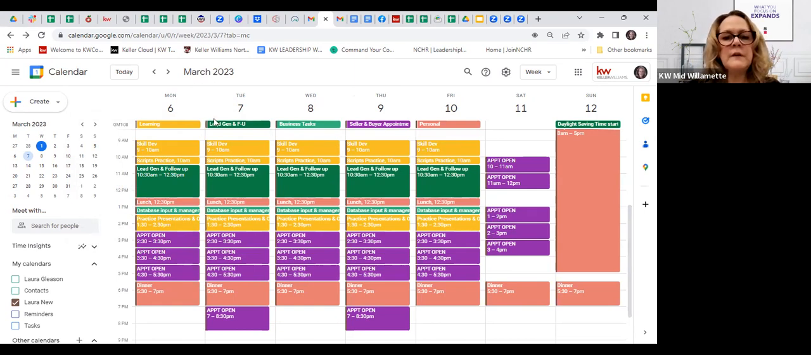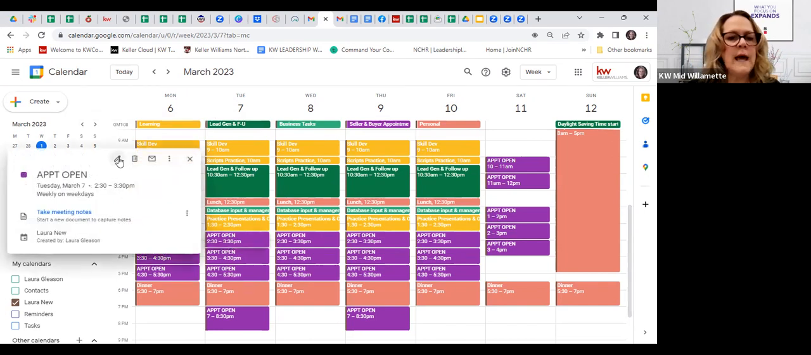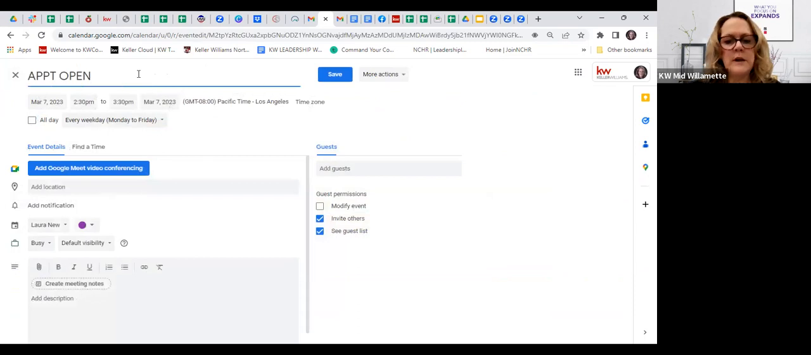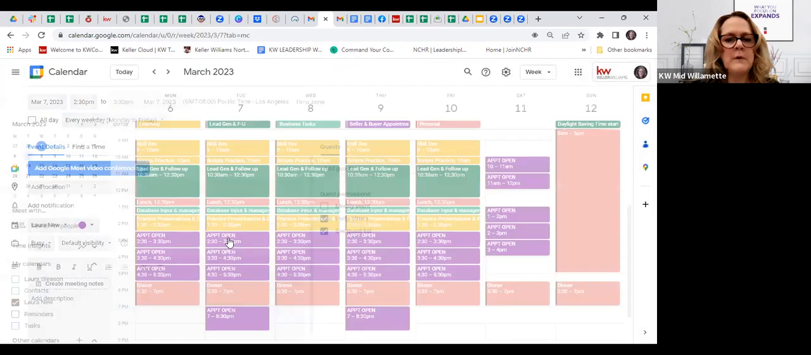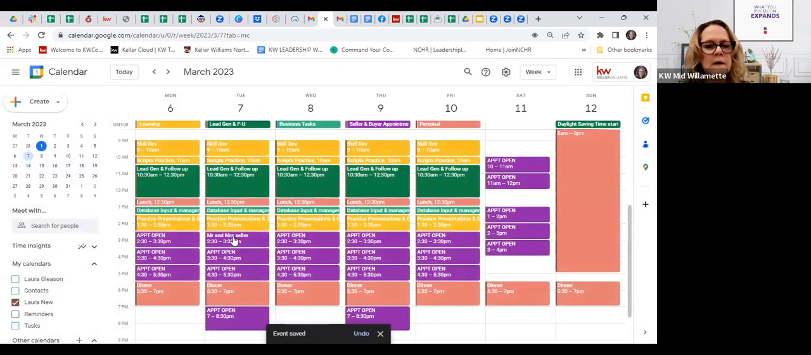So that's how you create it. Do you guys understand how that works then, how you're creating it? So then basically what you can then do is you can click on this appointment here and you can edit it and you can put instead Mr. and Mrs. Seller, and then you put the address in and you save it, and then you know that you have an appointment with them on Tuesday, the 7th at